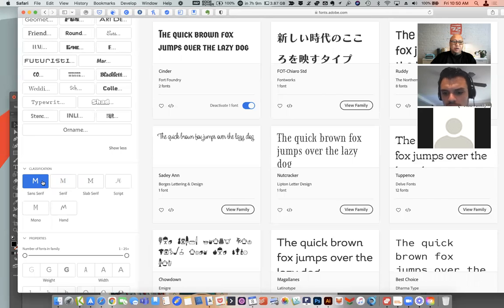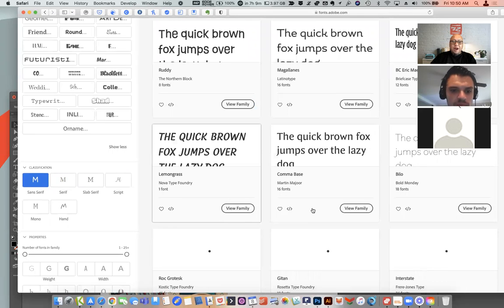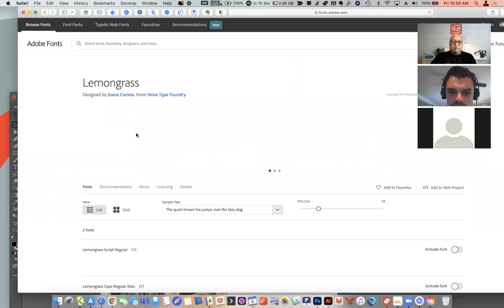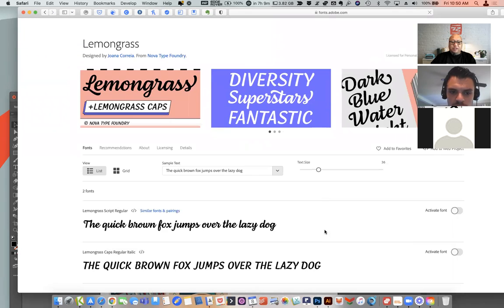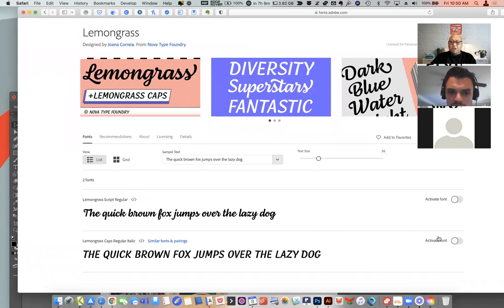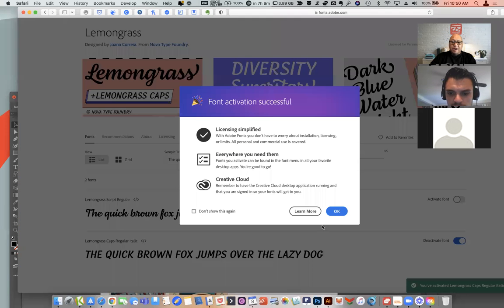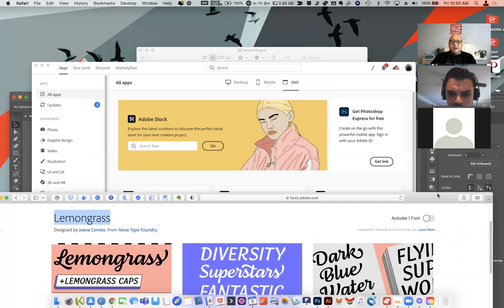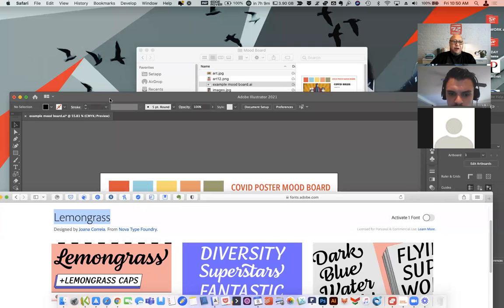So you can just go through, and I want you to think about what fonts you want to use in your poster. So lemongrass, I'm going to use this font here. All you got to do is hit this activate button down here, and it activates the font on your computer. And you just remember the font, and in Adobe Illustrator,